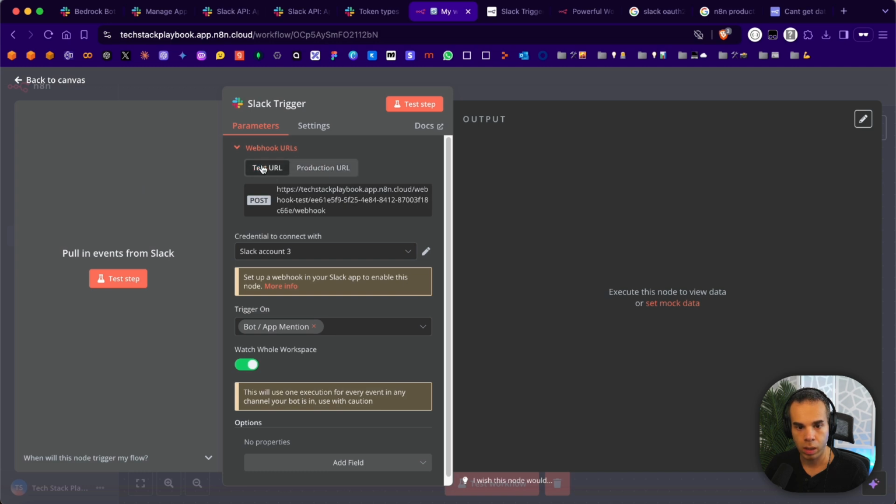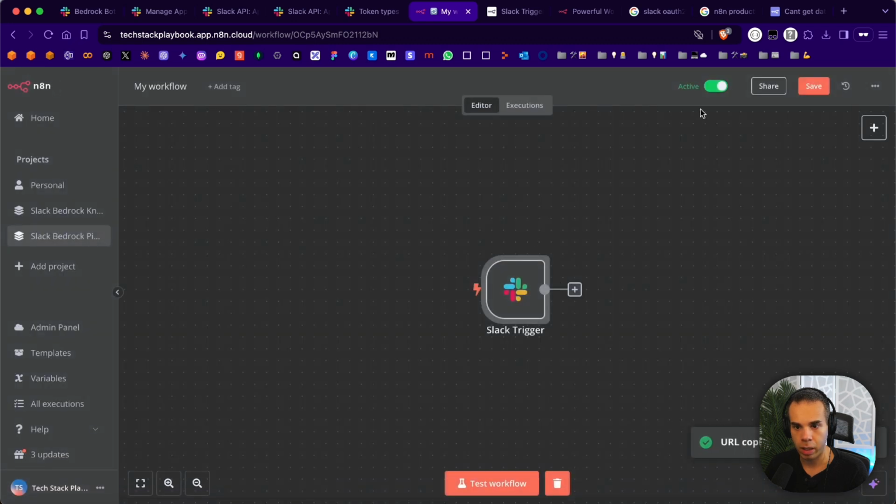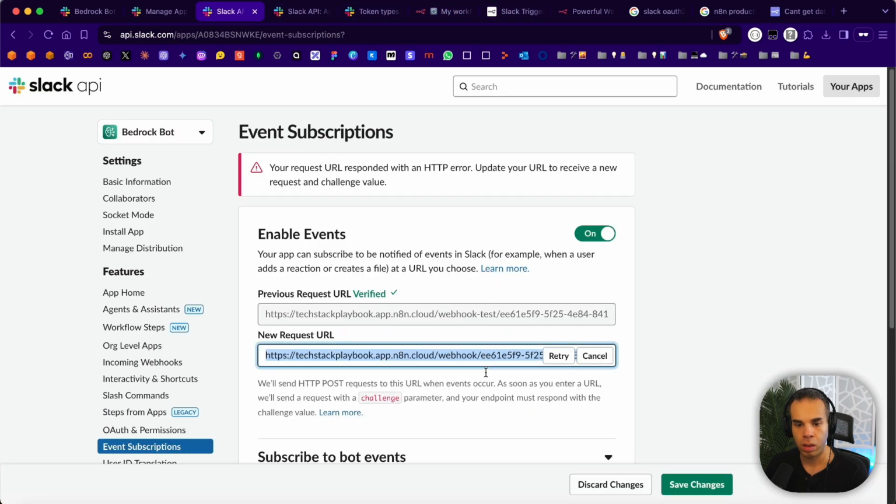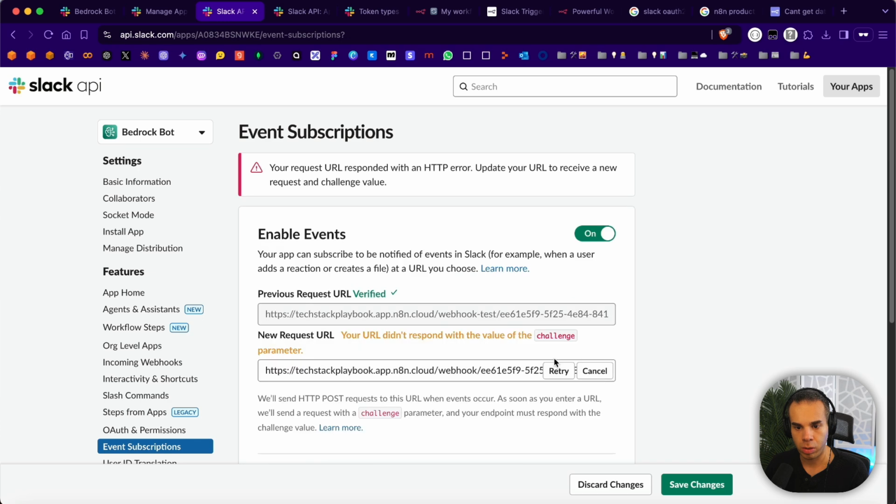Because there isn't anything that's actually changing. We're just getting rid of test. So the only thing that I could think of that might be the problem is that if I were to turn this on, and then it's waiting for you to create an event in Slack. So if we go back here and I retry,